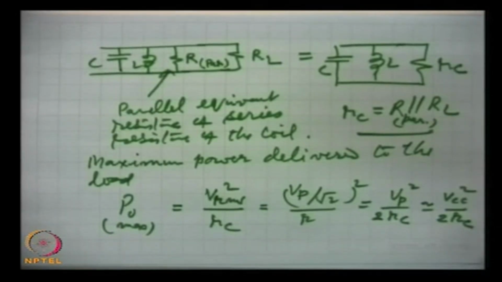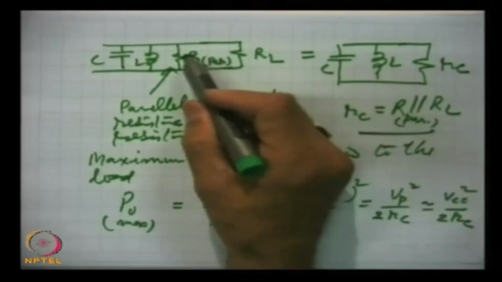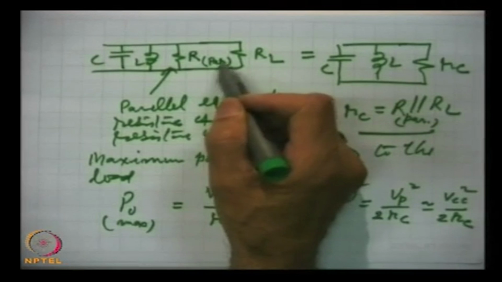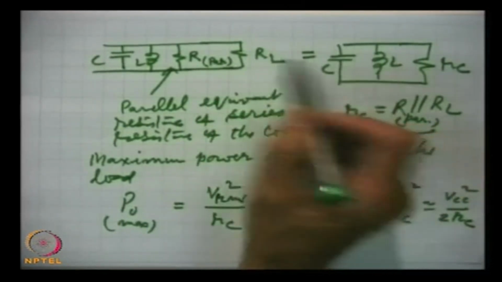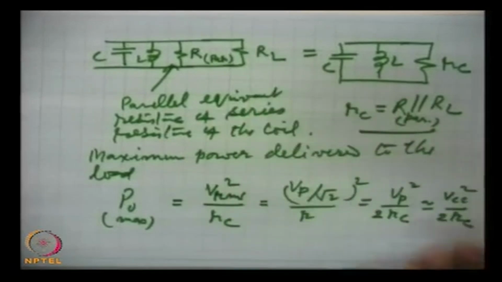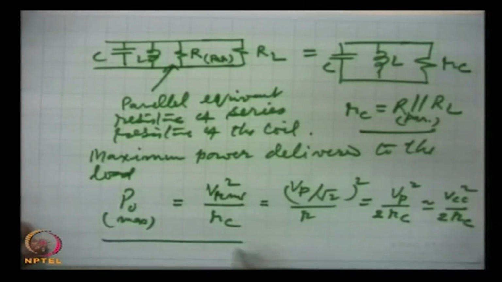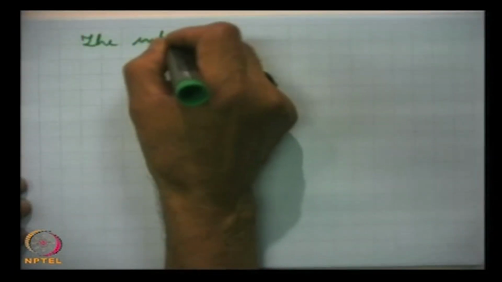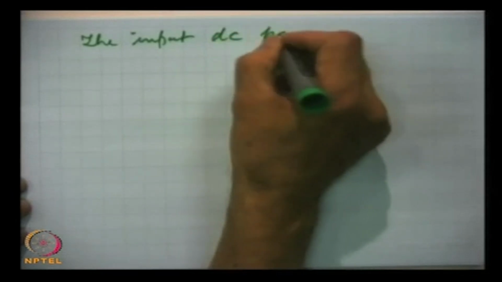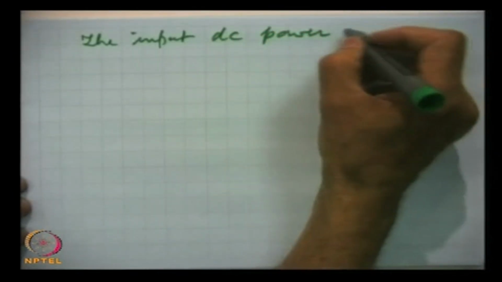It is very high power actually, because this resistance will be quite low. The DC resistance, this R_PAR, is a very small resistance as compared to any other resistance, so this power will be quite high. This is the AC power available from the class C amplifier, and the input DC power